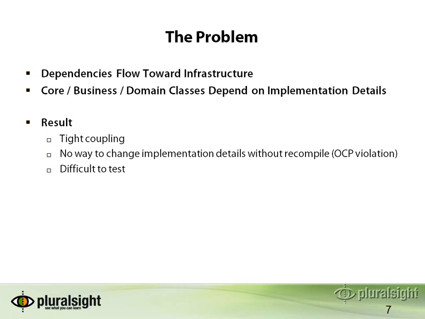Let's analyze some of the problems with the existing application structure. The biggest one is that dependencies tend to flow toward infrastructure concerns such as the database and XML files going through data access layers that are tightly coupled to these structures. The core business layer and domain classes, such as we have them in this example, all depend on these implementation